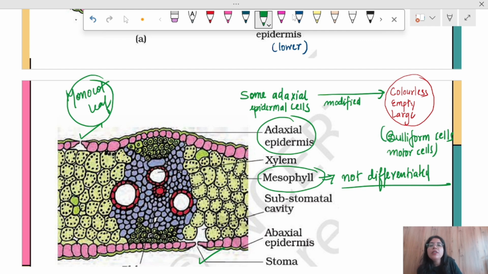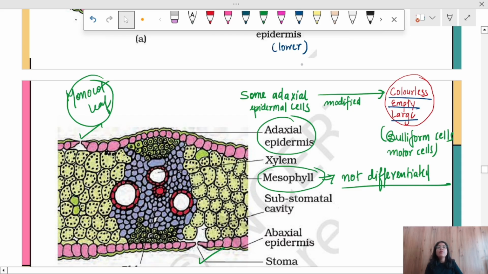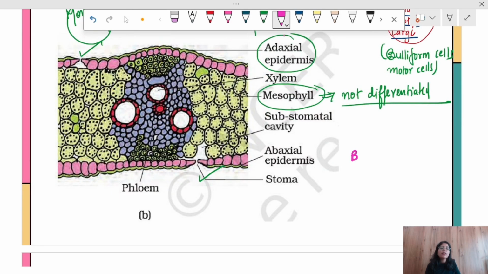When these bulliform cells are empty, large, and colorless, they are free to hold a lot of water. So when these bulliform cells are turgid, what will happen? They will have a lot of water and they will keep the leaf exposed. But when the same bulliform cells become flaccid, or lose a lot of water,